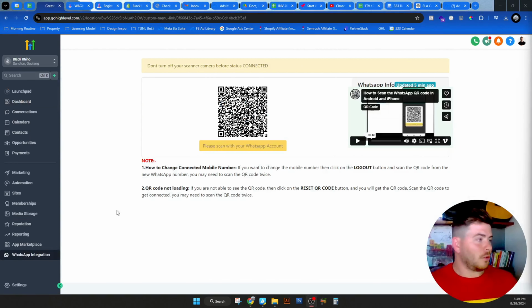Now once you click on WhatsApp integration on the menu here that we just created, that button, you're going to find something like this. This is the page that they give you, which is your QR code for your specific sub-account's location. You can watch this video on the side if you have an Android or an iPhone to obviously do this. I'm going to do this on an iPhone, so all I need to do is connect the QR